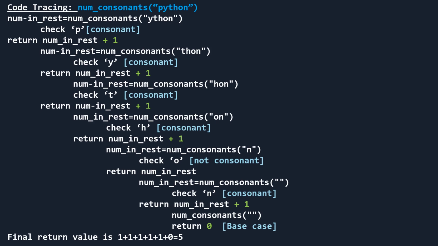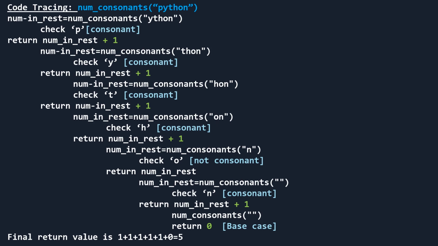Now your num_in_rest is equal to num_consonants called with the value thon. Now it will check y whether it is a consonant or not. Yes, it is a consonant, so it will return num_in_rest plus 1. Now your num_in_rest equals num_consonants called with hon.